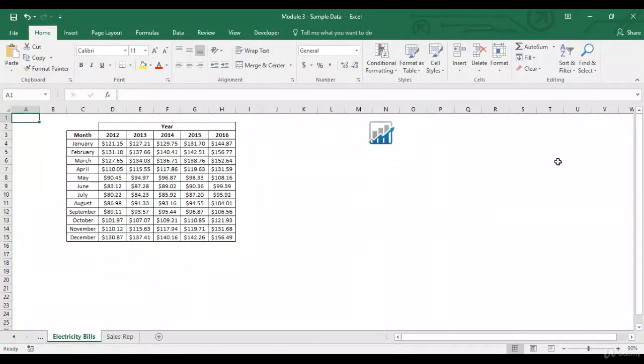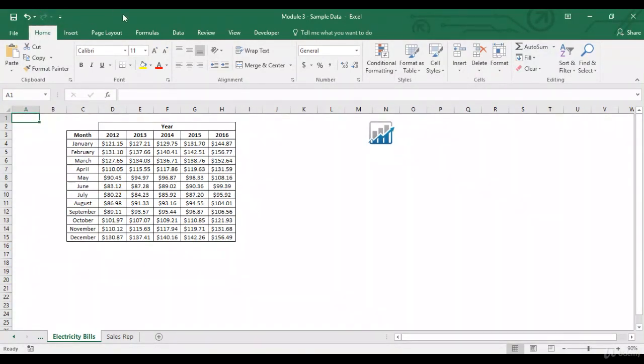Hi, in this session we'll discuss formats. Now, formats are different options which are applied to cells or values within those cells, and they just change the appearance of either those cells or those values. Now, in one of the previous sessions, we had used some of these formatting options using the home toolbar.